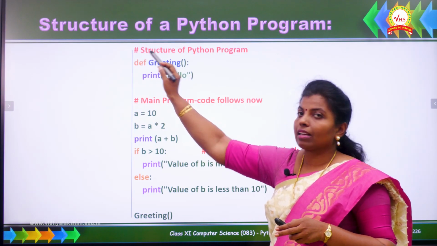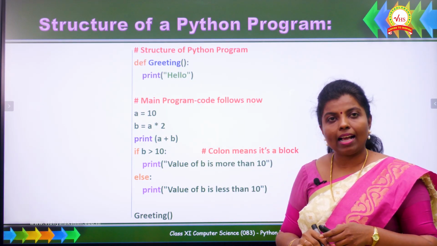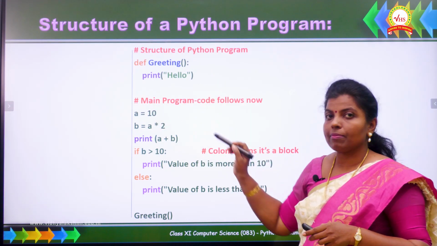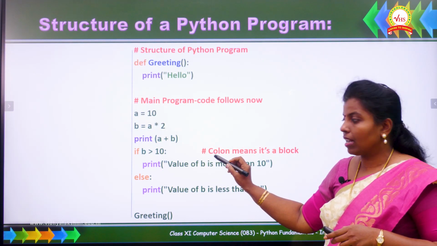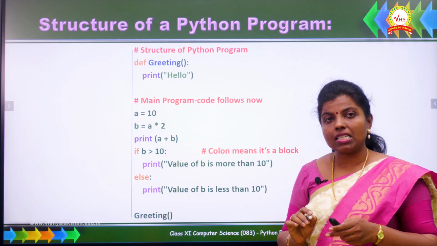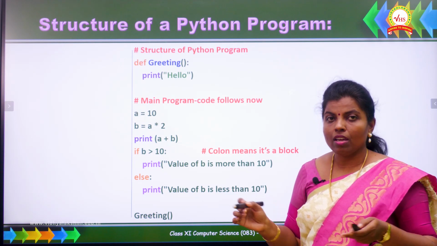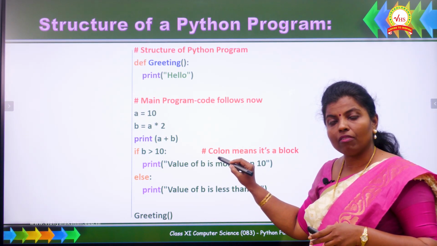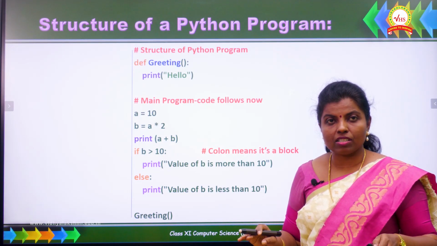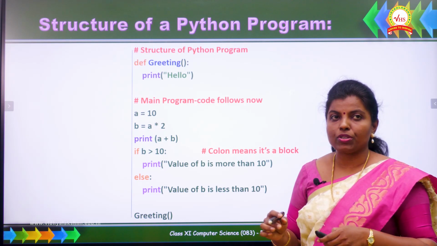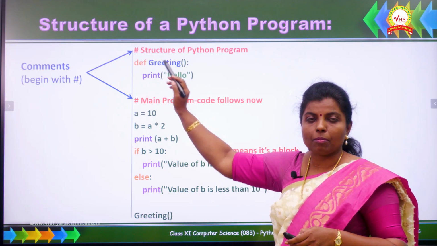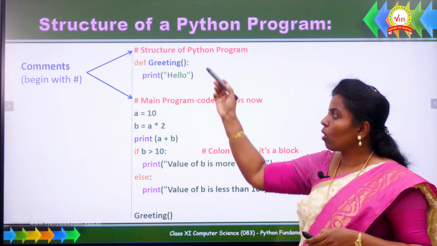So in the Python programming language, comment statements begin with the hash symbol. You can see here there is another comment statement. So we have two comment statements, and also here there is another comment statement which begins from the middle of a line. If a comment statement begins from the margin, it is referred to as a single line comment. If a comment begins from the middle of a line, it is referred to as an inline comment. Comments are not part of programming instructions, they are additional readable information. So we have learned about comments. Now let us move on to the next statement.